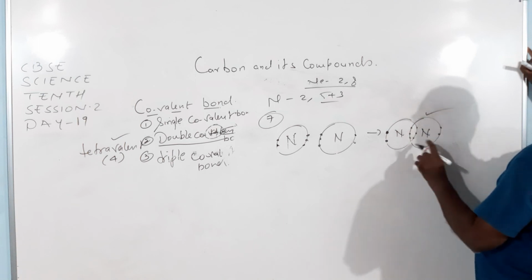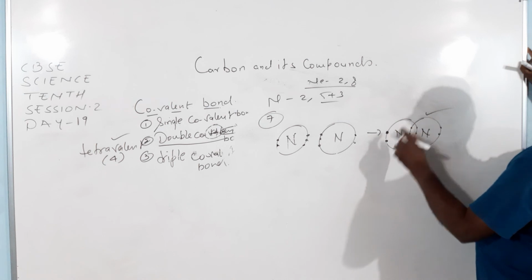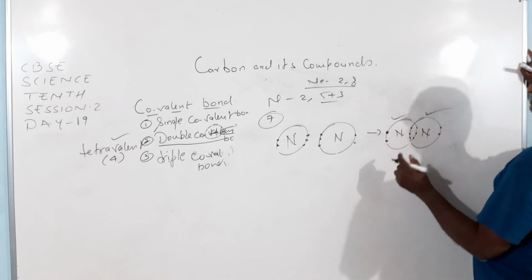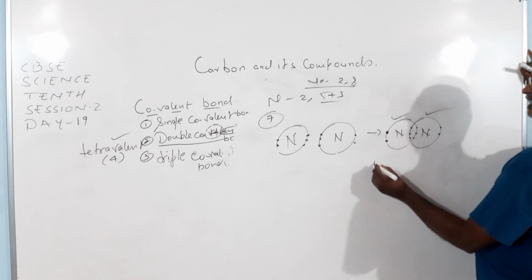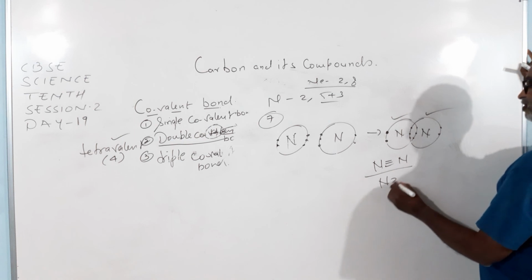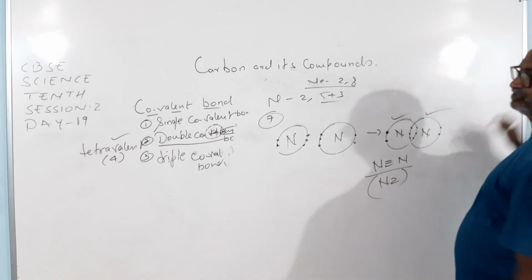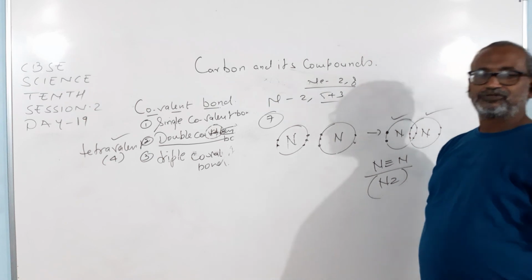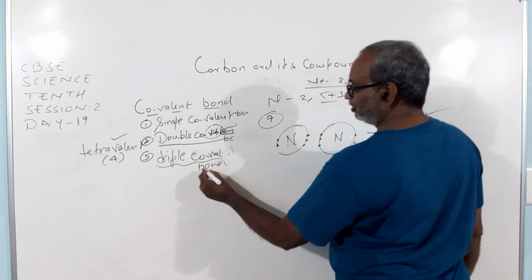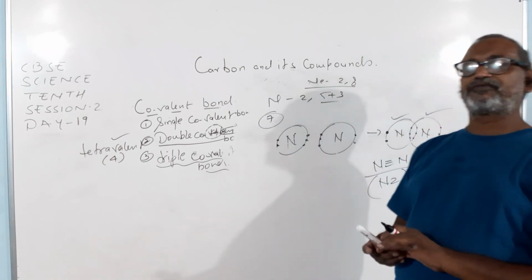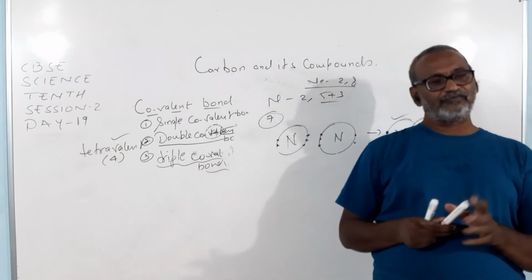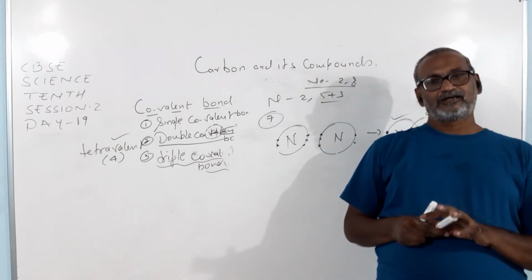Octet of this nitrogen atom. 1, 2, 3, 4, 5, 6, 7, 8. Octet of this nitrogen atom is completed. And since 2 nitrogen atoms are sharing 3 pairs, a triple covalent bond is formed between 2 nitrogen atoms to form the molecule of nitrogen. So when 2 atoms share 3 pairs of electrons between them, a triple covalent bond is formed between them. That's all today's